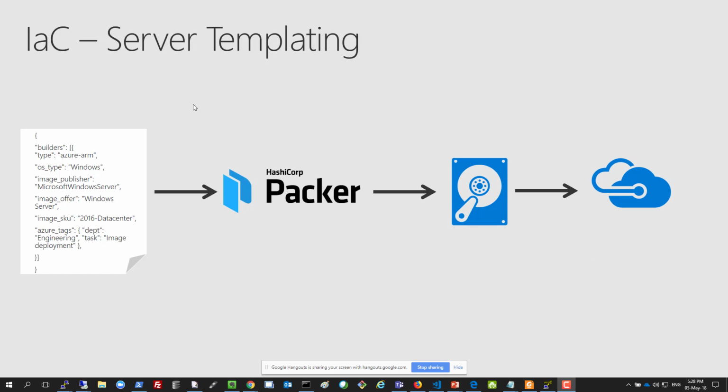We have infrastructure as code, so server templating. Just be aware of those other categories. Essentially, they do a similar thing but using different methods. The only main difference when it comes to